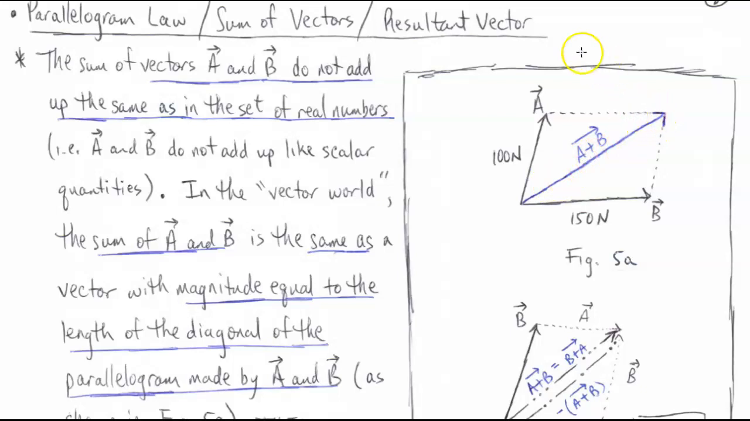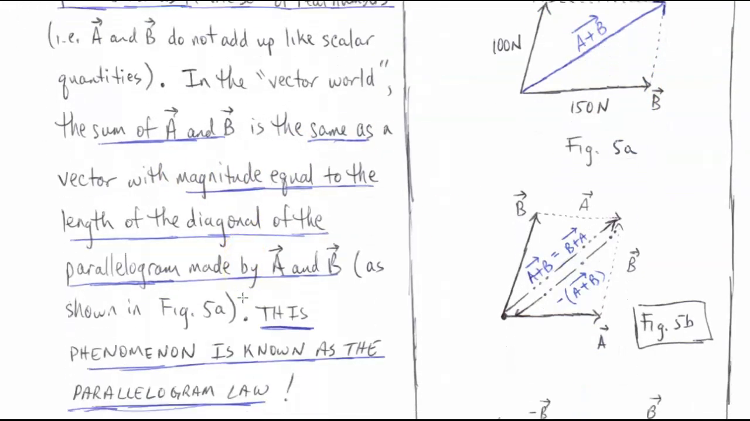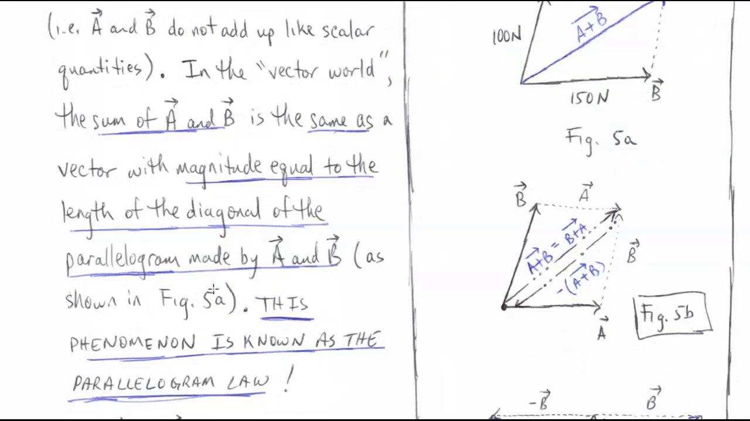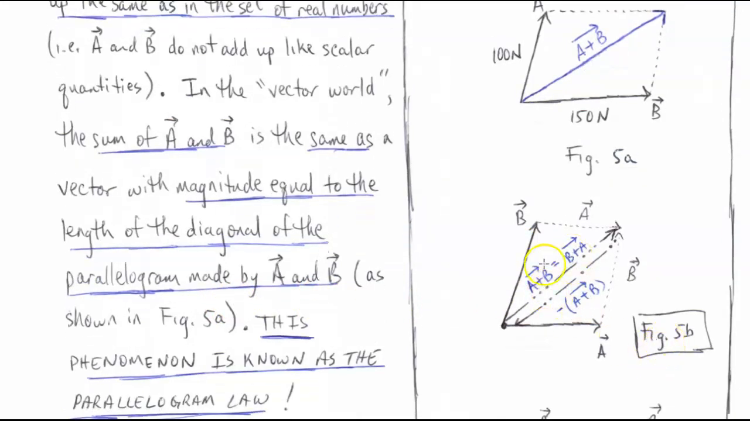It is not directly just whatever the magnitude of this is plus the magnitude of that, okay? So that's the main point there. And so, of course, this phenomenon is known as the Parallelogram Law. We also see here in figure 5b one of the things that we know is that if I take